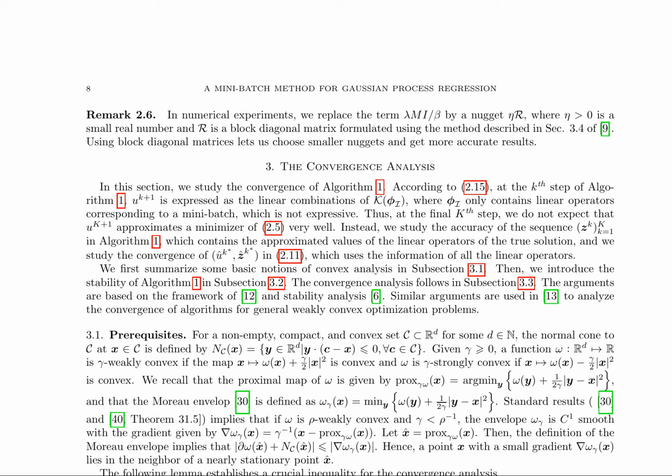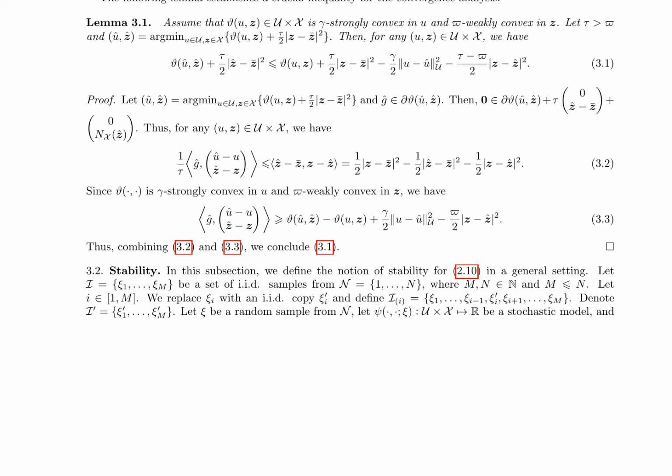The authors also discuss the implementation details of the algorithm, including the use of block diagonal matrices to reduce the dimensions of the unknown variables and the choice of the nugget parameter eta. They remark that the use of block diagonal matrices allows for smaller nuggets and more accurate results. Overall, the authors present a novel mini-batch method for Gaussian process regression, which reduces the computational cost and enables efficient computation. They provide a convergence analysis of the algorithm, which is based on the framework of convex analysis and stability